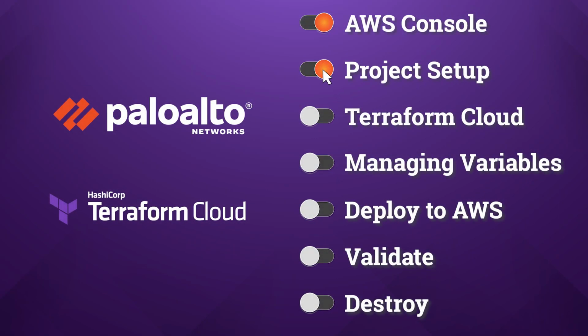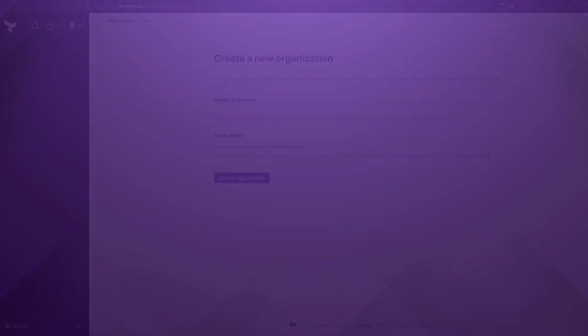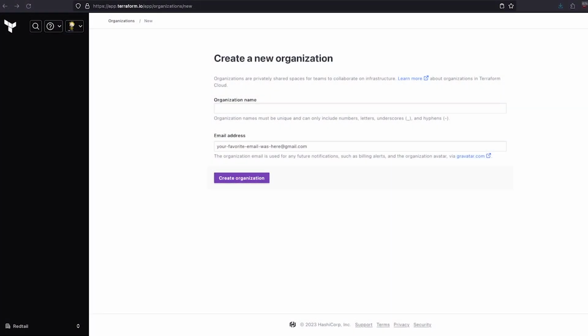With the longest section now accomplished, we can shift our focus onto building our own organization within Terraform Cloud, connecting it to our GitHub repository, and then hopefully deploying our new architecture. Now, the very first thing that we need to do after creating a Terraform Cloud account is to create a new organization. Now, in my case, I've already created an organization here called Redtail, and we're going to be using